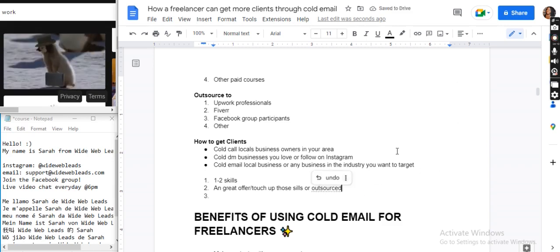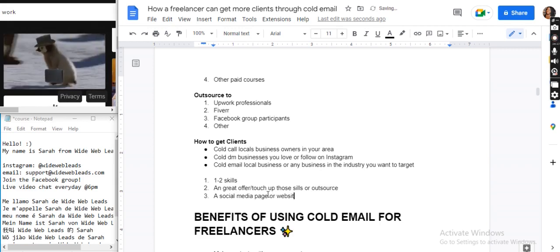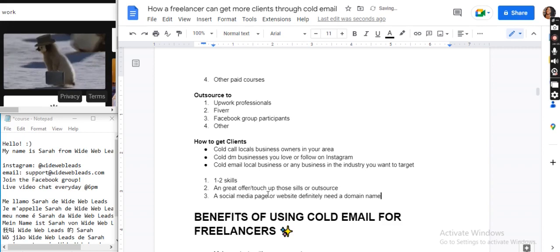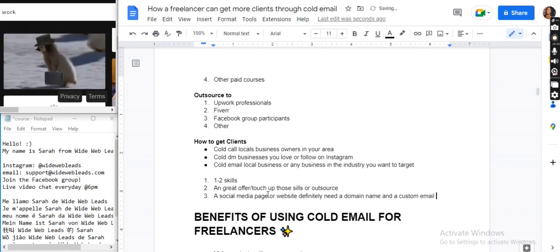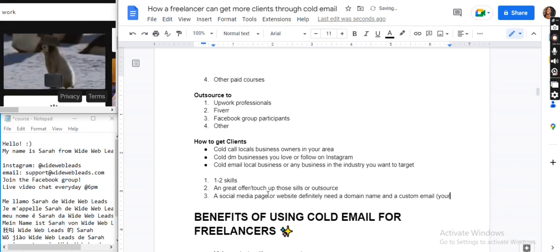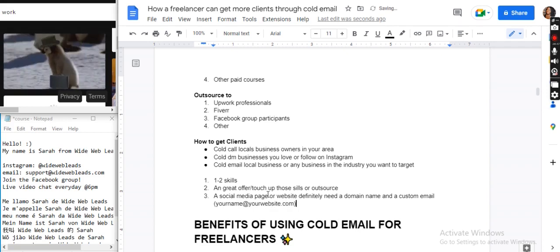Two or three, you need a social media page or website if you want, but you definitely need an email, a custom email domain. So like a domain name that you can buy from Google Domains and a custom email. So your name at yourwebsite.com.